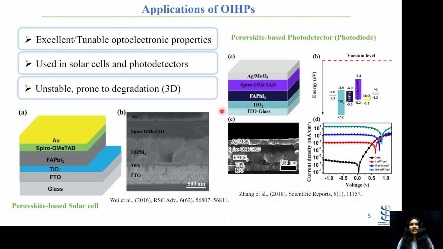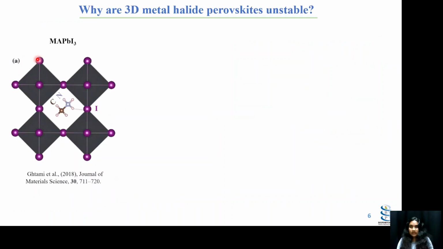Here is a typical example of a 3D metal halide perovskite, MAPbI3. You see these octahedrons? These are the PbI6 octahedrons, where these purple spheres are the iodine atoms. There are 6 of them in one octahedron, and in the center we have the metal cation, that is a lead cation, and between those